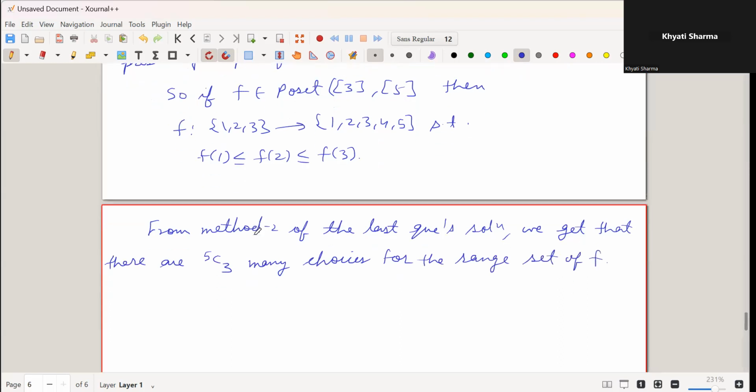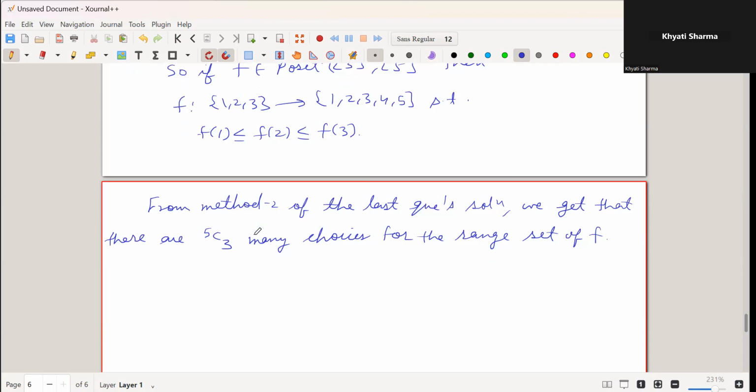Okay, so you collect a set of three elements from a set of five elements, and so the internal permutations might be there, but the range set will be the same for a selection, right? So there are 5C3 many choices for the range set of f, and